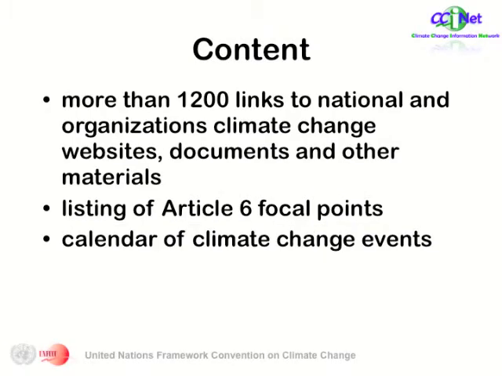The content within CCINet includes more than 1,200 links to national and organizations' climate change websites, documents, and other materials. There is also a comprehensive listing of Article 6 focal points and a calendar of climate change events.